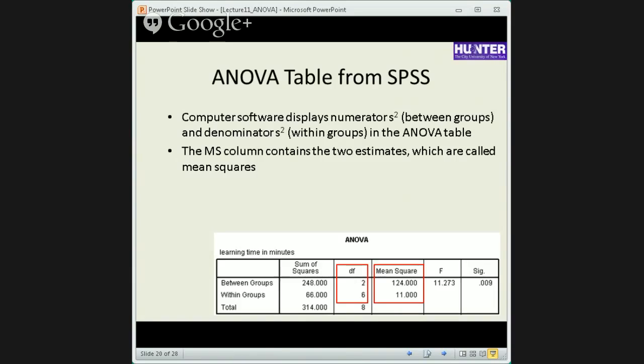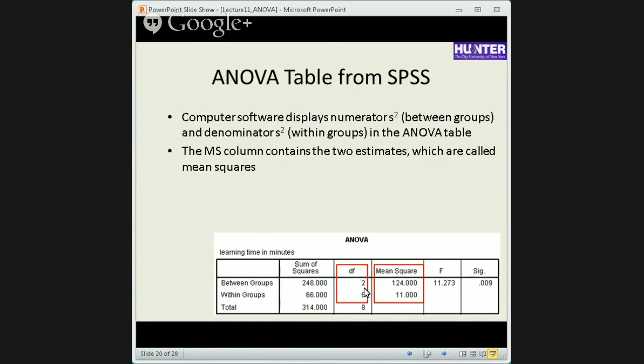So if you analyze means with the one-way analysis of variance, you'll get a table something like this. And this is a very important table to know, to get used to reading. Every statistical program will give you something similar to this, the analysis of variance table. I'll go through all of it, but the key things I want to show you here were